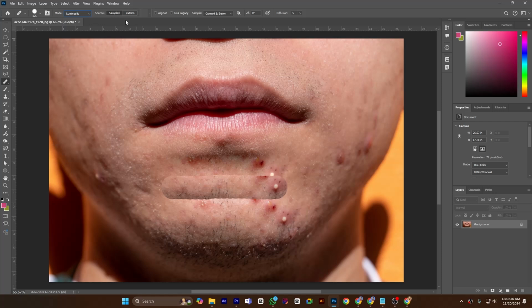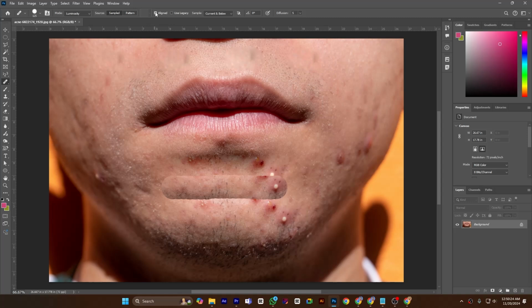Then the source is sample. Also you can paste any pattern if you wish. Here is a button which is align. First, I have align unchecked. I click and source from here. Now you can see I am pasting it, and the plus cursor below the circle is here. Again I am pasting it. You can see it's random, it's always the same source from the same location,